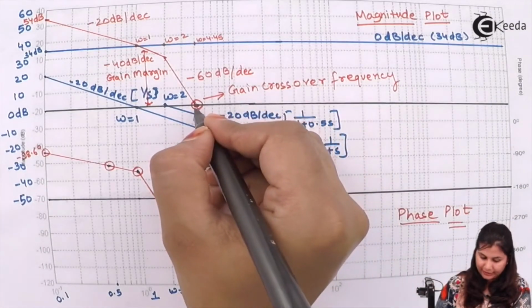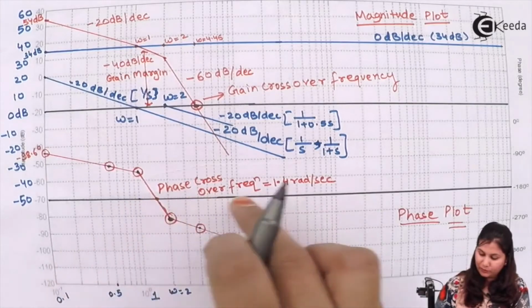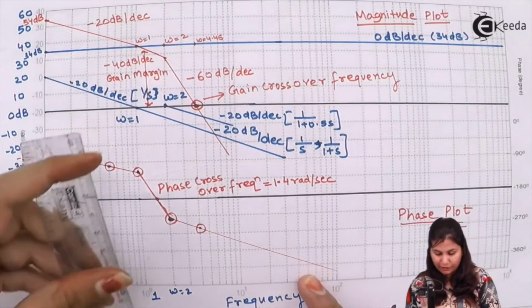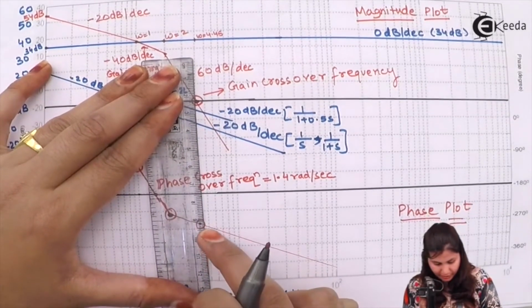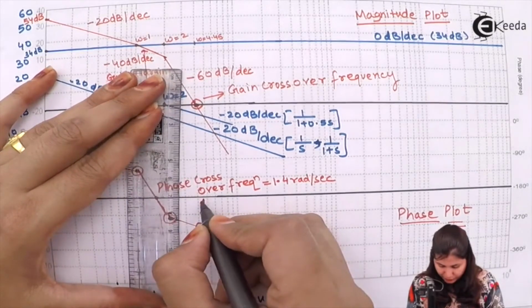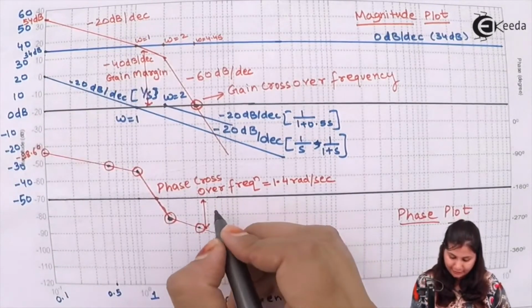And the phase angle at this point, the difference between this minus 180 degree line and the phase plot, is the phase margin. So this is the gain crossover frequency. This is our phase plot, and the difference between the minus 180 degrees and the actual phase angle is the